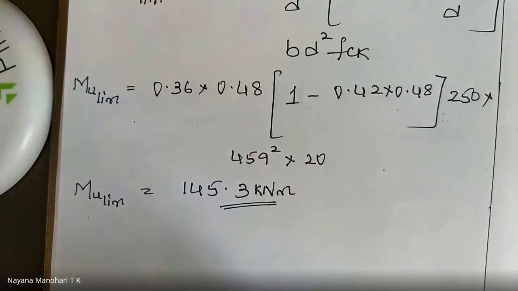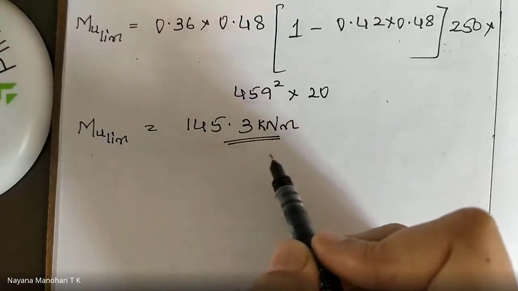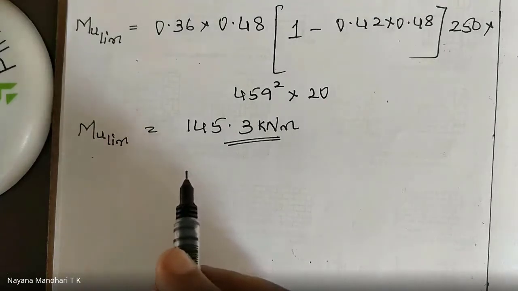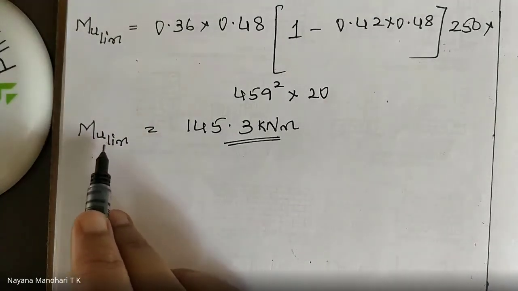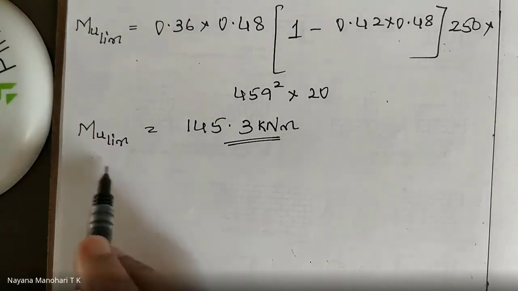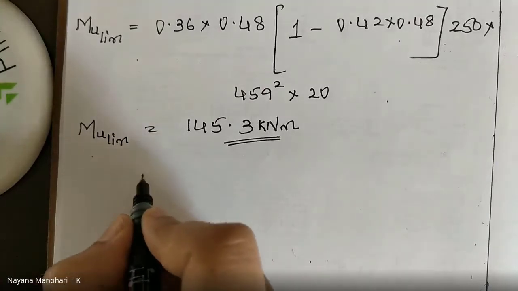Okay. Next you calculate. Up to here the first part is over. That is the moment of resistance calculation. Next you need to calculate what? Magnitude of the 2-point load, which is acting at L by 3 span. In order to calculate that magnitude, you need to convert this factored moment into a working moment.